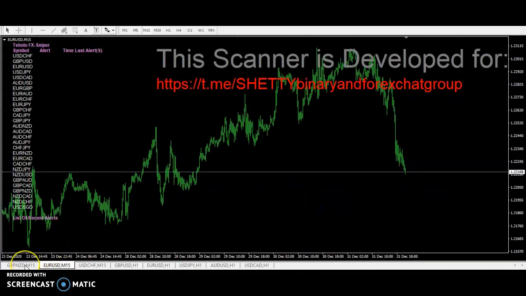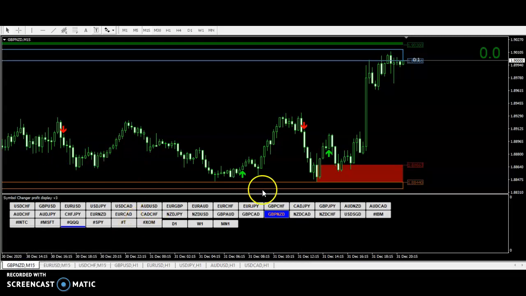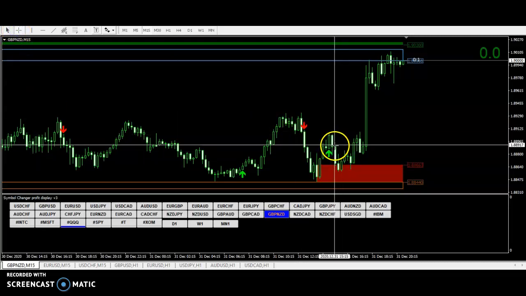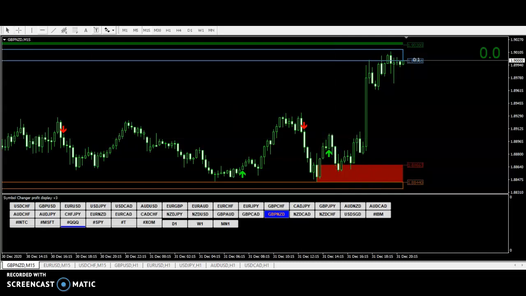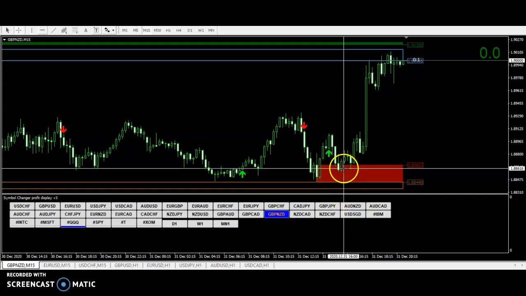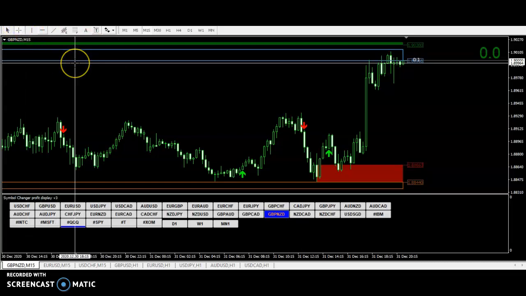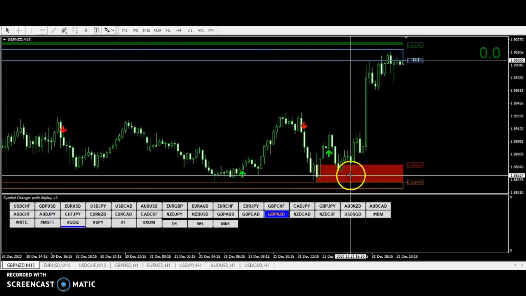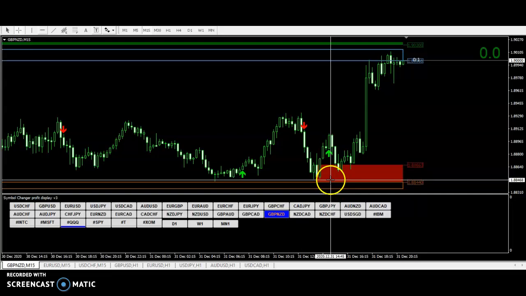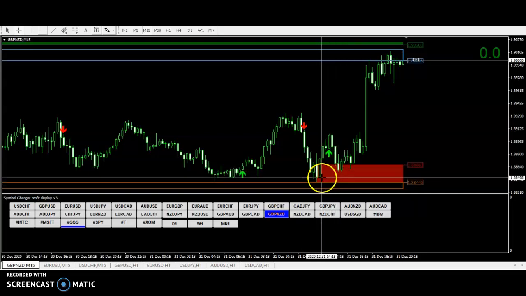Otherwise you can do one thing, as I prefer to do. See this one, I have put this symbol indicator, arrow has come. See here, yesterday I took the GBP New Zealand signal. After the arrow it went down, but I didn't close my trade because support was there. My stop loss was here. Sometimes you have to keep a big stop loss. See here, 141 pips. I usually keep a 20 pip stop loss and 10-15 pips TP, or it depends on certain criteria, whether support or resistance is there or not.